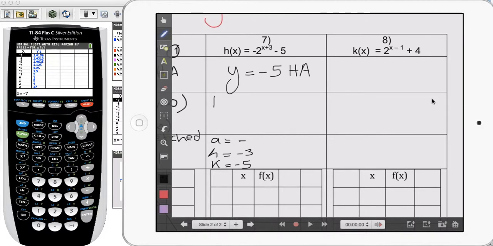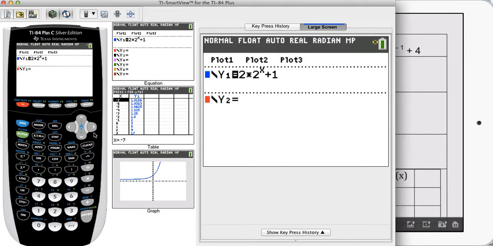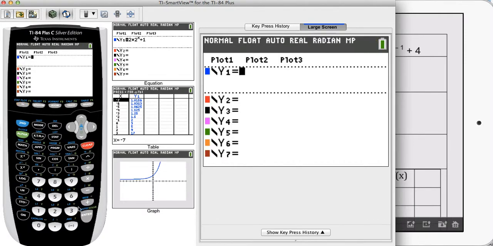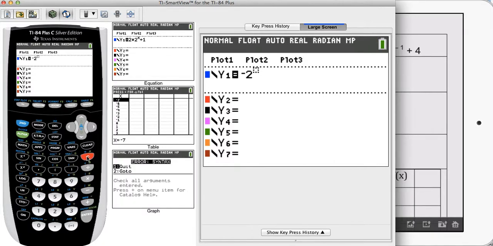Okay, I'm not going to write the domain and range now because I want to see how this is going to look since A is negative, and then we can decide what the domain and range are. So let's go to y= and put in the graph. So it's going to be a negative, not a minus, a -2 to the power x plus 3. So my horizontal asymptote is a -3, and then -5. Let's graph it,